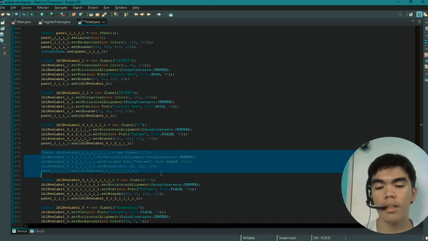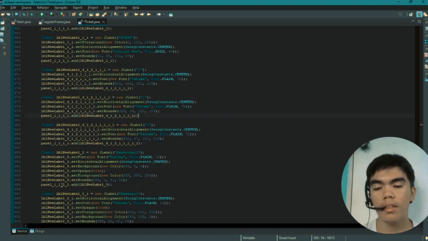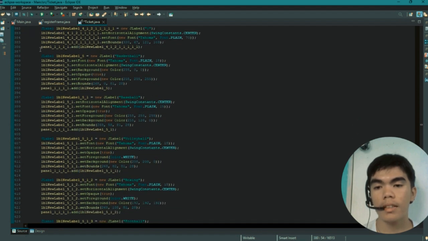Next is this JLabel, which is set the horizontal alignment to center and also set the font to new Font Tahoma, plain, size 70, and set the bounds to 32, 33, 121, and added to our panel. So next is this JLabel, which is set the horizontal alignment to SwingConstants.CENTER and set the font to Tahoma, plain, and size 70, set the bounds to 32, 67, 121, 103, and added to our panel.